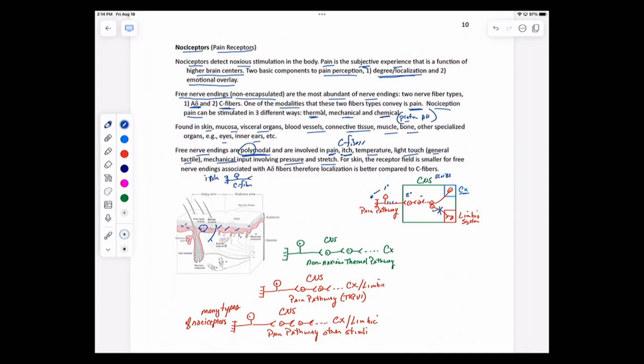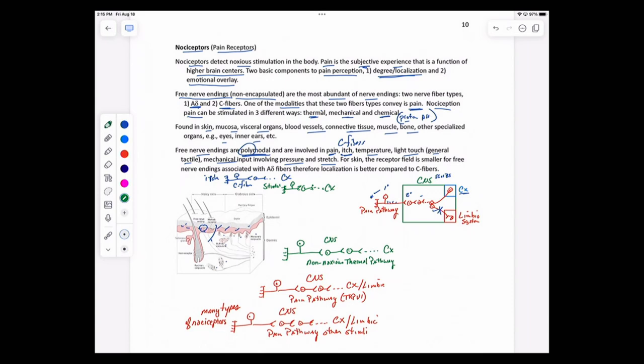Okay, itch, where it's going to have, again, a series of neurons that will make its way to the cortex and where you have the subjective experience of itch. So it's its own pathway. And then you may have another free nerve ending that may be giving you a sense of stretch. Okay, and so you have that, and it's a free nerve ending for stretch. Again, a series of neurons, and it gets to the cortex, and you have the subjective experience of stretch. So what I'm saying is that the itch pathway is different than the stretch pathway.